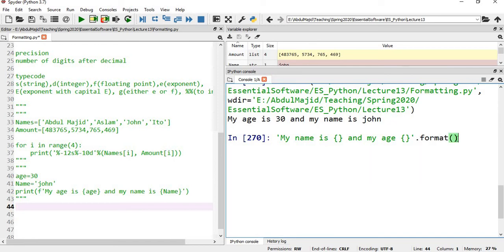And format takes some argument. It's a function which takes some argument, and whatever you put here is going to go to these empty positions, these curly brackets. And as we know, we can pass arguments to a function by position and by keyword. So if I simply do this, 30, my name is John. If I just have here John,